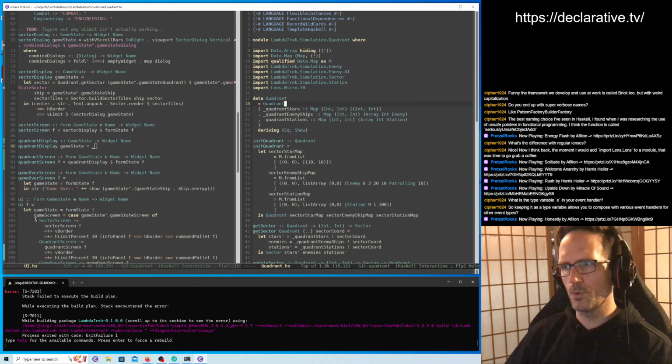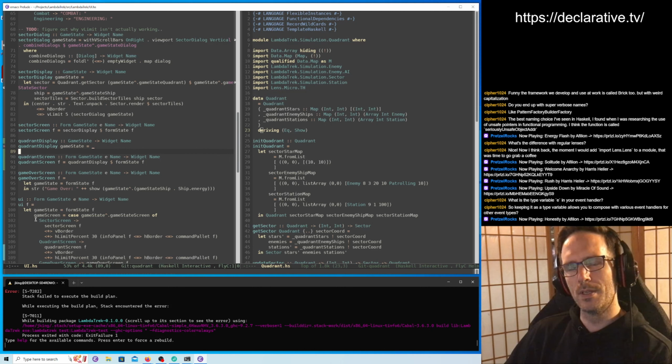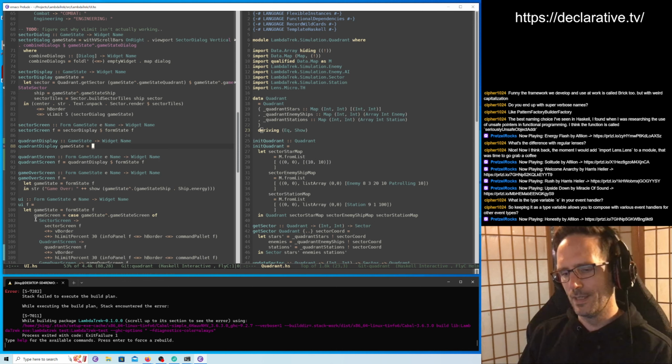Maybe we start small. 4x4 sounds good. Okay, so in order to render the quadrant, I haven't really thought about what I want to render on it either. This might actually be fairly static. The quadrant map isn't going to change, unless we want to show some...